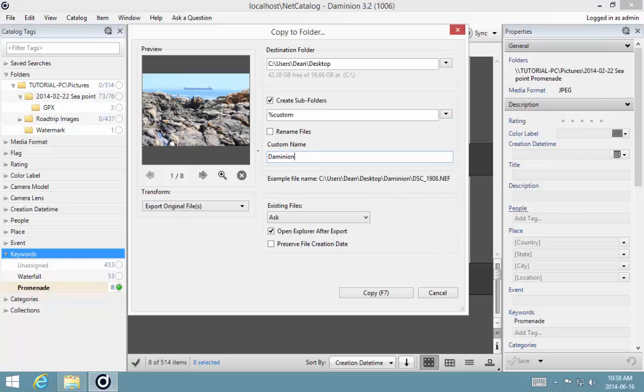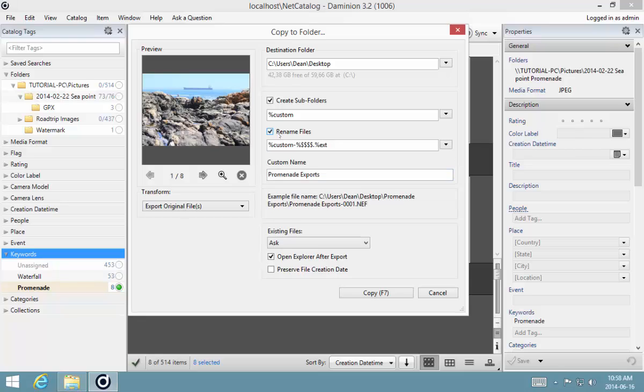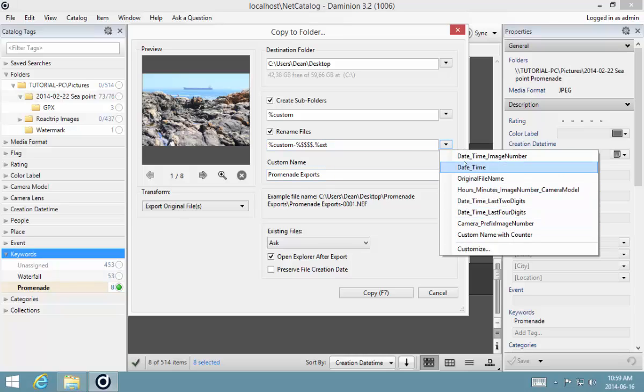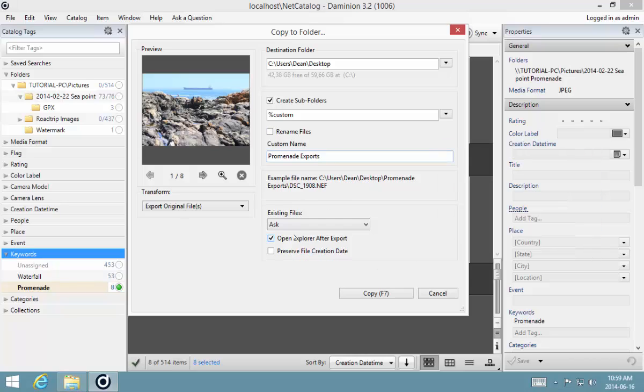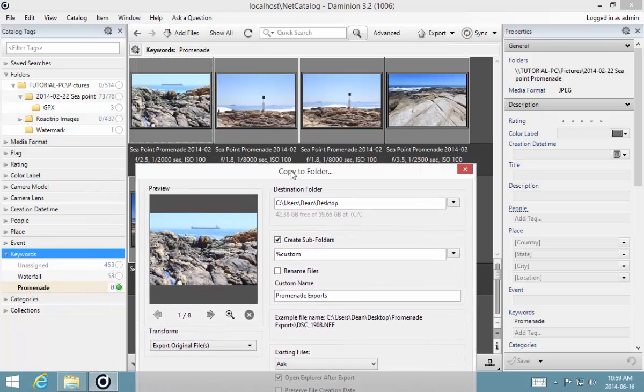And my custom name is going to be Promenade Exports. Okay. And then you can see there are other options that you can use to rename the file. Say, for example, you want to put the custom name or other preset renaming options in there. You can select that from here. But I'm just going to leave it as is with the default name because I've already renamed all my images